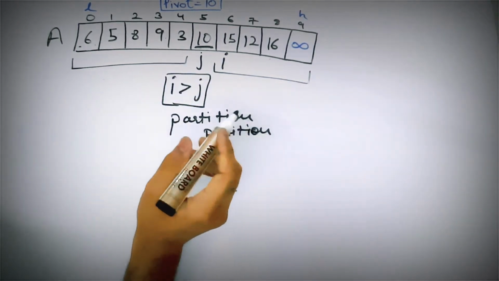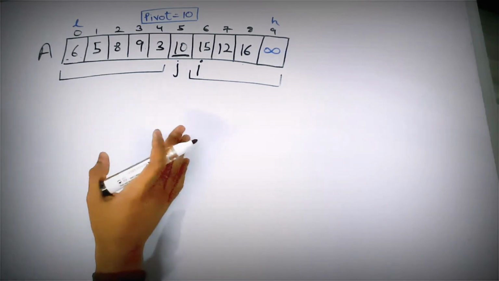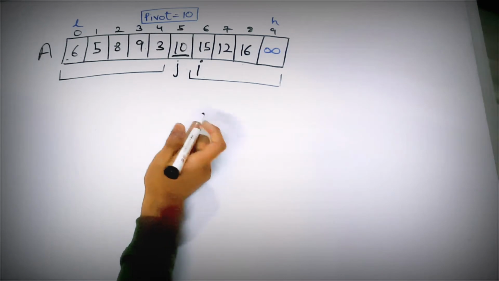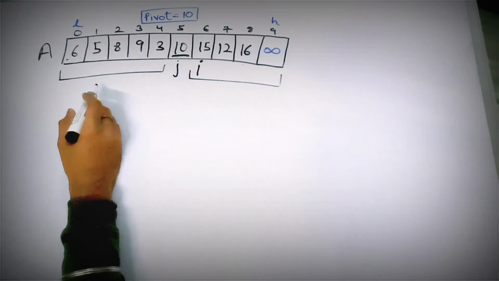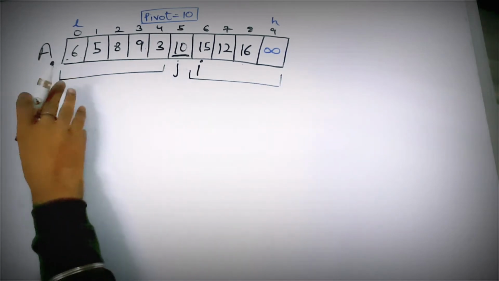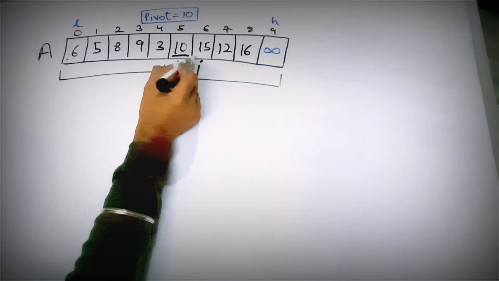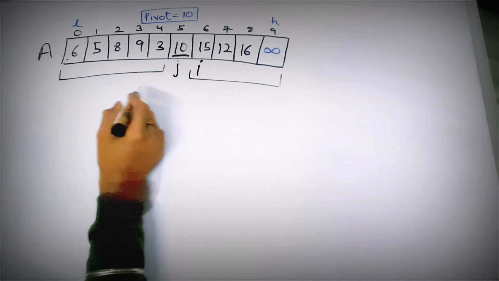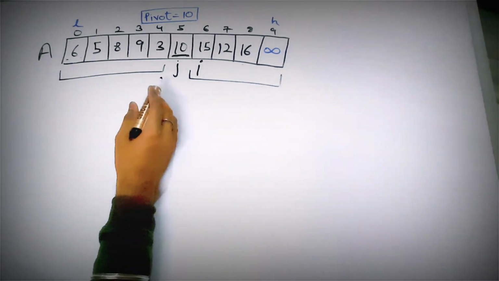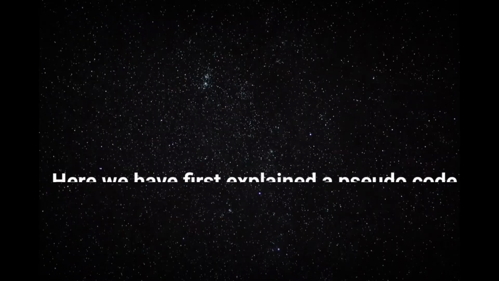Now let us write a piece of code representing this. So now we are going to write the algorithm of quicksort representing this example. As you can see, after partitioning, the elements on the left of 10 are smaller than 10 and elements on the right of 10 are greater than 10. But on both sides, the elements are not sorted. What is sorted? Only our pivot element. So to sort these elements on both sides, we need to use recursive quicksort. Now we are going to write the algorithm of recursive quicksort.